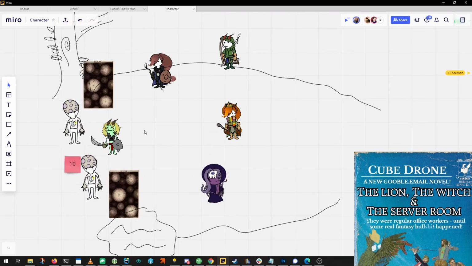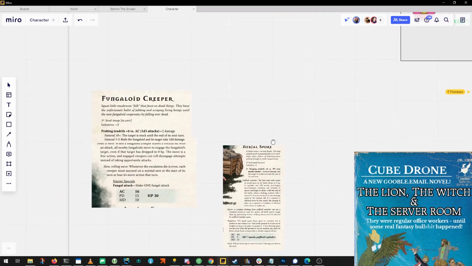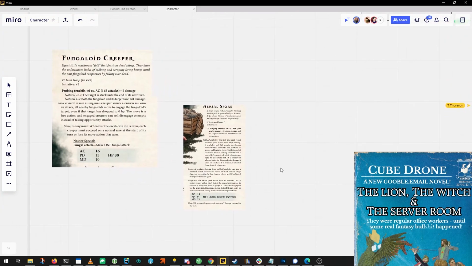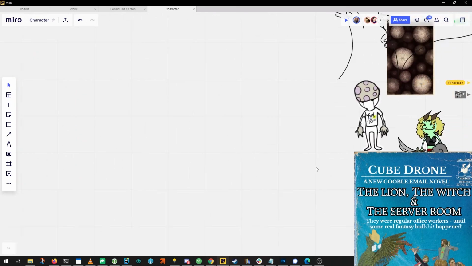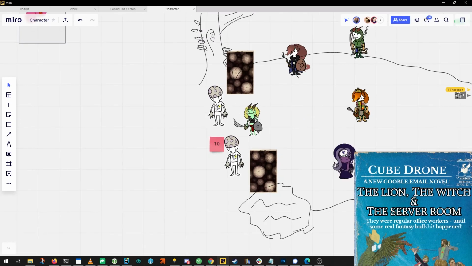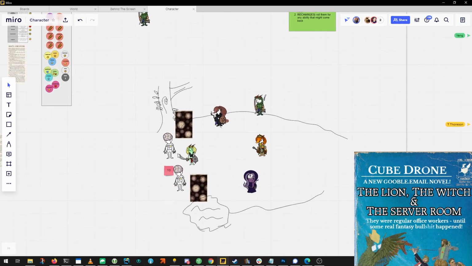If I use my standard move to gather focus, can I not move backwards? Is my standard my movement? No, you have a move and a standard. So you can move and then you can gather focus. Are the spores attackable? Yes, they are monsters with their own hit points. Their whole own deal. They count as close enough for me to hit with a close quarter spell? Yes, close quarters is... So I think you... I believe...